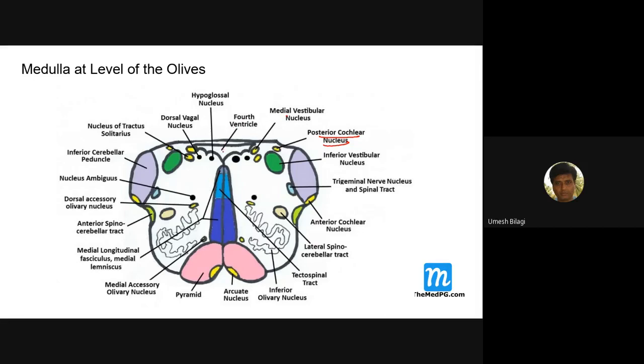And now you want to see, the fourth ventricle has appeared here. The central canal has disappeared, and you are able to see this fourth ventricle. This is the fourth ventricle, and hardly any tissue of the medulla oblongata is in the posterior aspect. That is almost open to the cerebellum.